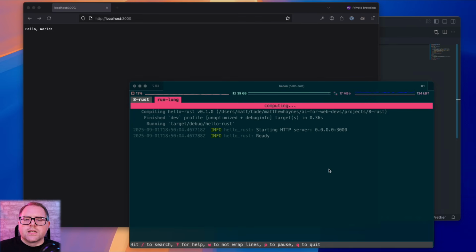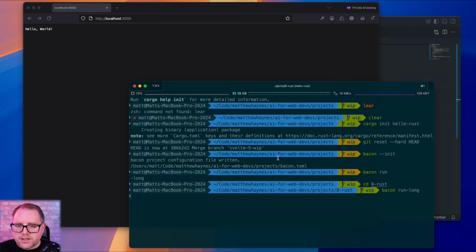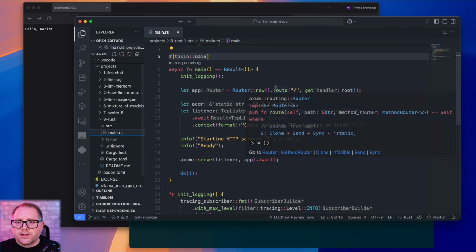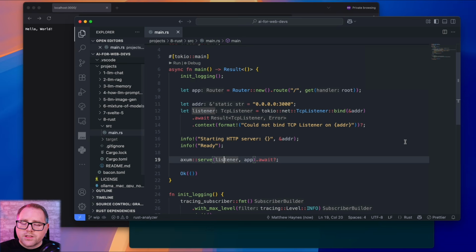Cool. Okay, so basic, kind of like we have a Flask web server set up that does nothing, but we're making progress. Next, what we're going to do is, actually I'll cancel out of this. In some projects, the way you would handle config is through the environment. And we could definitely do that. We could use an environment file. What we could also do, because we're generating a binary, is use command line arguments. And that seems to be the go-to in the Rust community. The benefit to that is you're not having to move around or set up an environment file. You can just invoke it with different args. So let's go ahead and set that up.